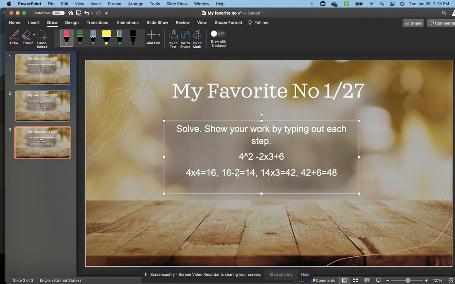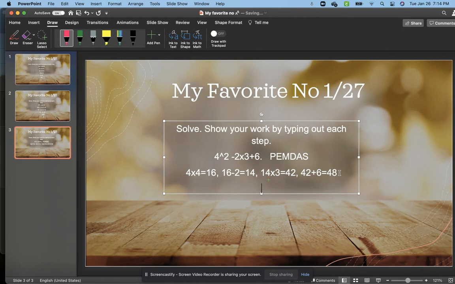Next, this person did the subtraction. But if we think about it, our order of operations is, please excuse my dear Aunt Sally. So it's parentheses and then exponents, which is what they did, and then multiplication and division. Remember, we go from left to right, and then addition and subtraction. So instead of subtracting 16 minus 2 next, this person should have done the multiplication next,